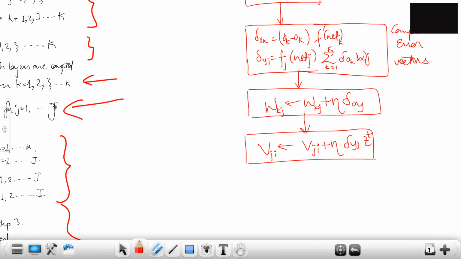So here is delta Ok and here is Y transpose, the previous step. So that is your W and we adjusted.